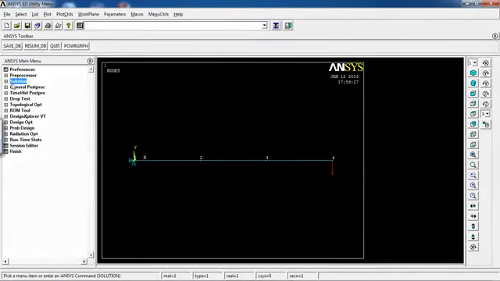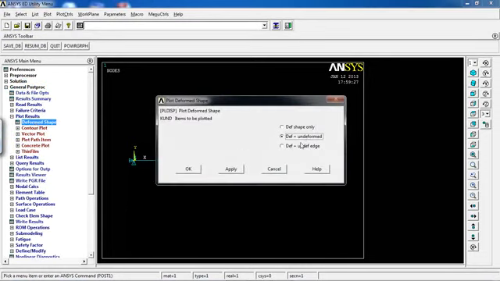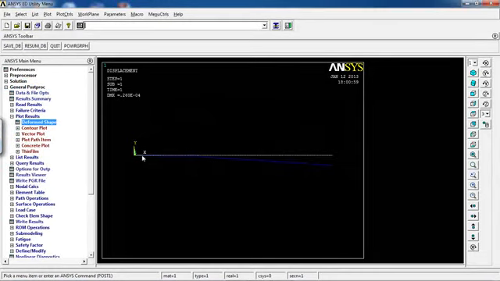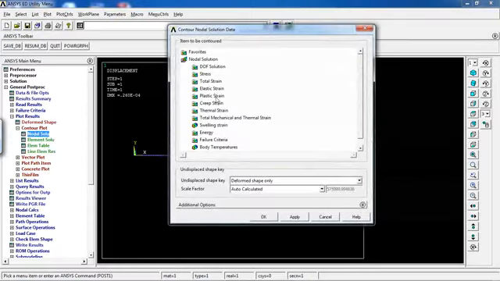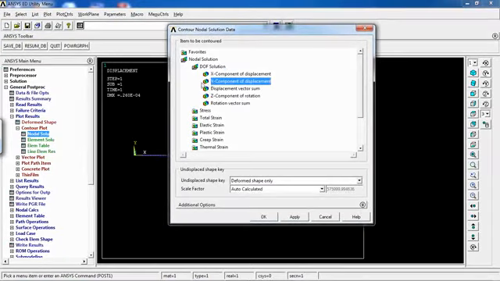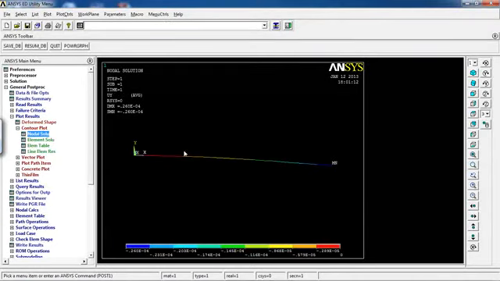my solution is done. Can go to general post process, and the first thing I want to see is the deformation of my beam under this loading condition. So this is how my beam deforms under this loading condition. Contour plot, nodal solution, DOF, displacement in y direction, click OK, and as you see, the displacement in y direction for each